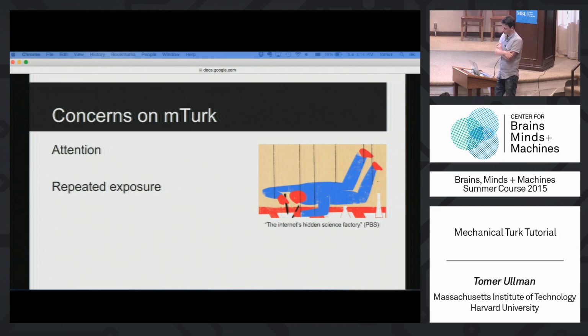I'm sure that some of you have experienced this as well. You put them in a room because they need to have privacy while they're doing the task. You go in to check on them, and they're on their phone. Okay, this happens a lot. So attention is something that you want to check in the lab as well. A lot of these concerns are not just about Mechanical Turk, but it's certainly easier for people on Mechanical Turk to not quite pay attention.